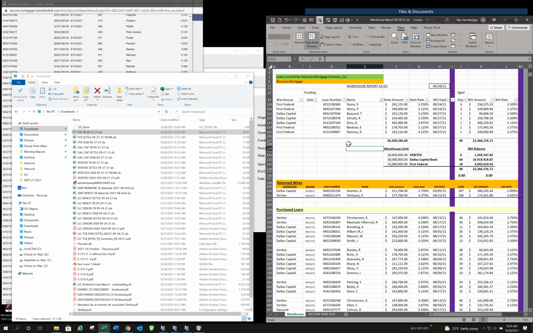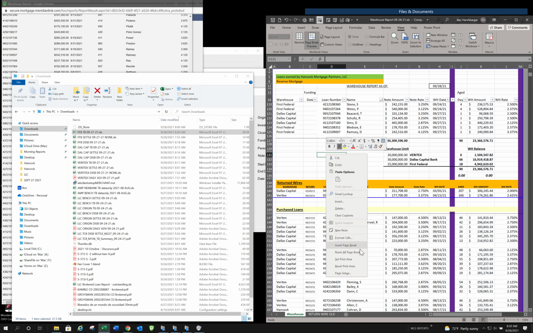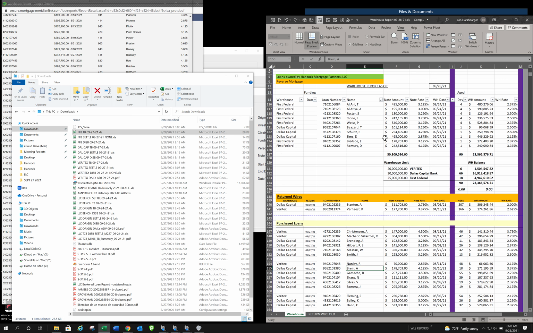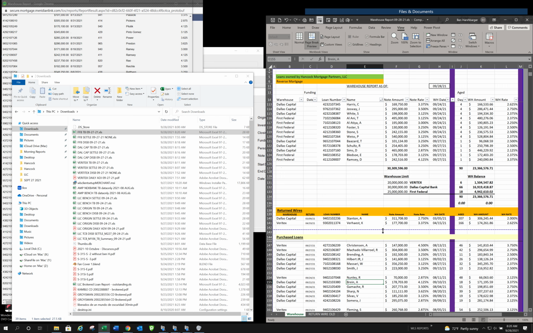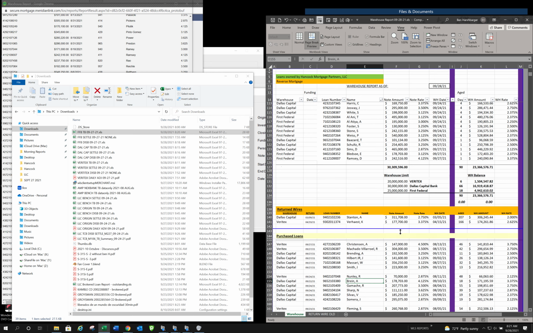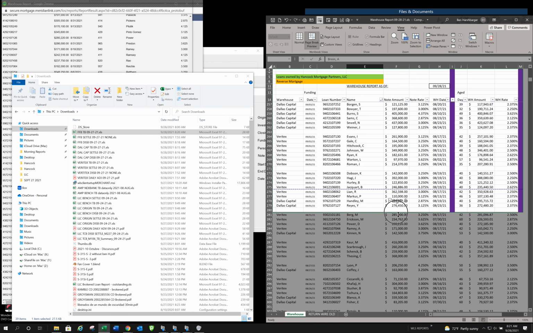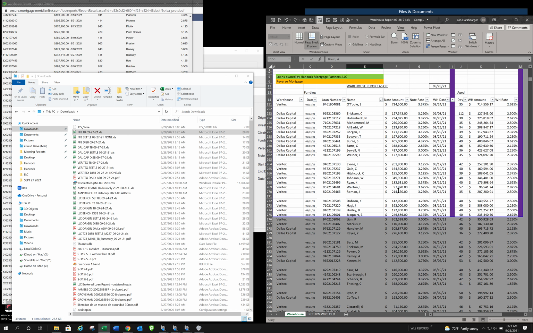I'll choose page break, and then I just right click anywhere and do reset all page breaks. What I'm trying to do is just make it even. So what I do is I just kind of eyeball and judge it. In this case, I'm just going to leave it like that. So this return wire section will be on the bottom of the page, or you could drag and drop it and make it the top of the second page if you wanted. So I'll leave that there, and then I'll go down here, and I usually only make it 4 pages, so I'll just get rid of this trailing 5th page,